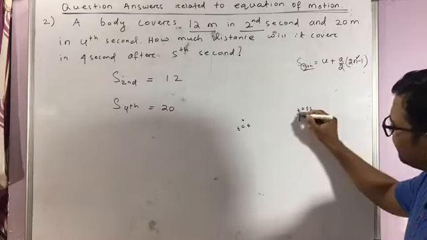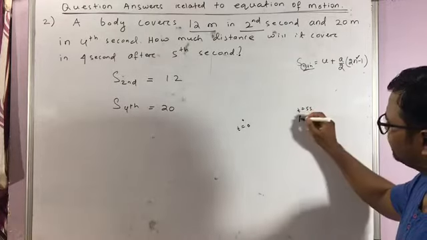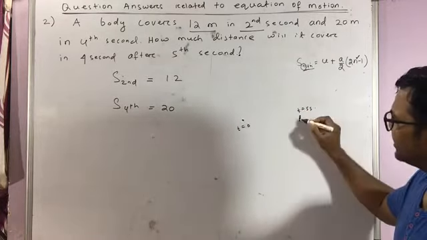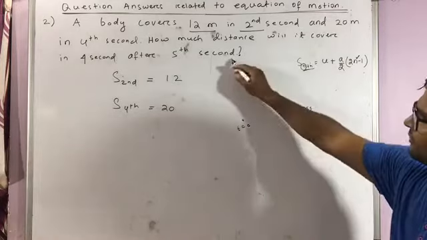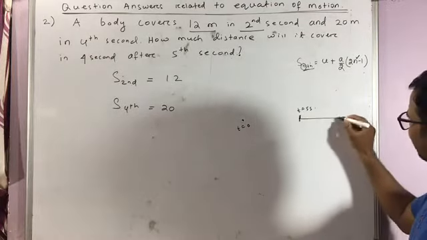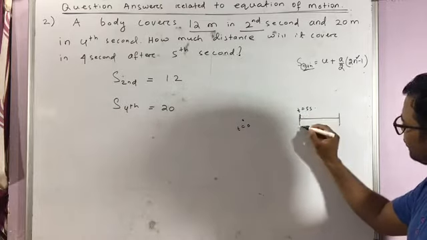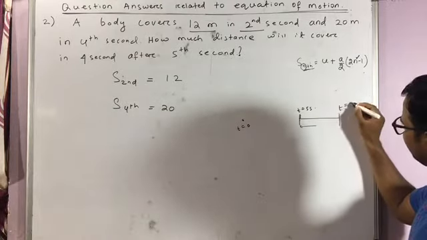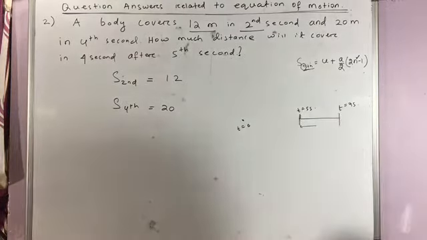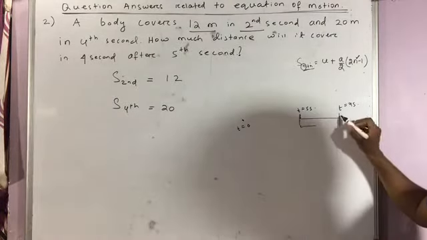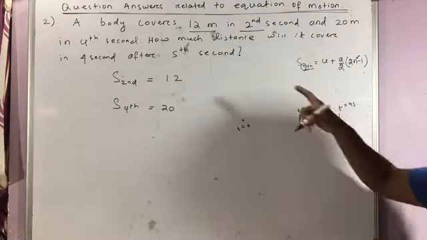So after 5 seconds means this is the 5th second. 0th second, this is the 5th second. After the 5th second, in 4 seconds means here t would be your 9th second. So in between t is equal to 5 seconds and t is equal to 9 seconds, what is the distance